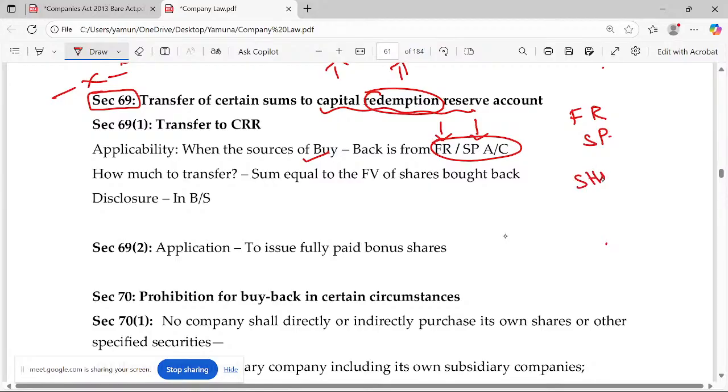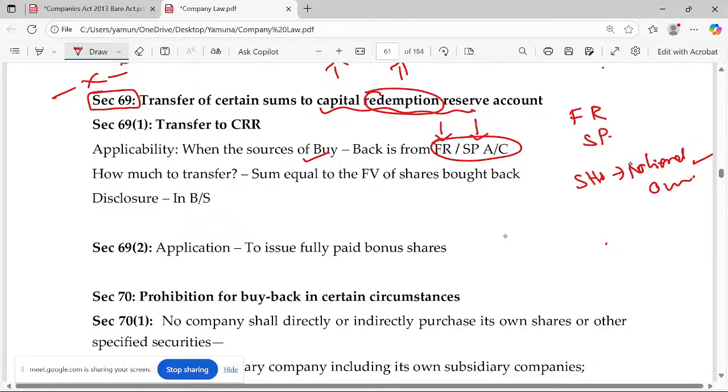Actually, when you talk about the shareholders, they are the notional owners of a company. They are not the real owners. What is the difference between real owners and notional owners? See, when we form a company, the company is different and we are different. The separate legal entity concept will be followed. We say notional owner, which means after the company winds up, ultimately you will get the assets.